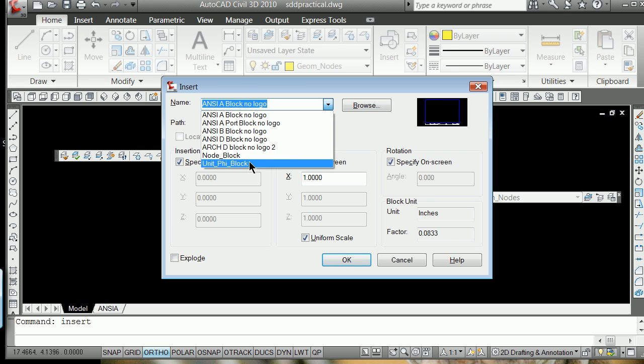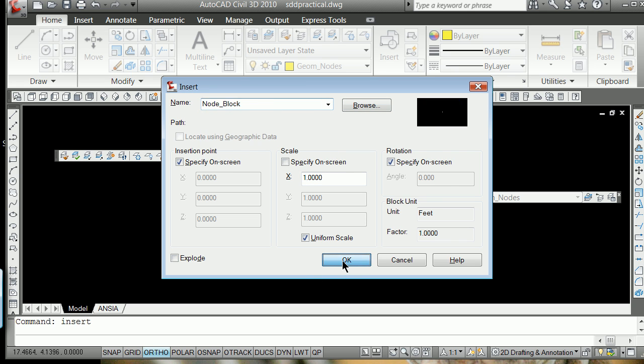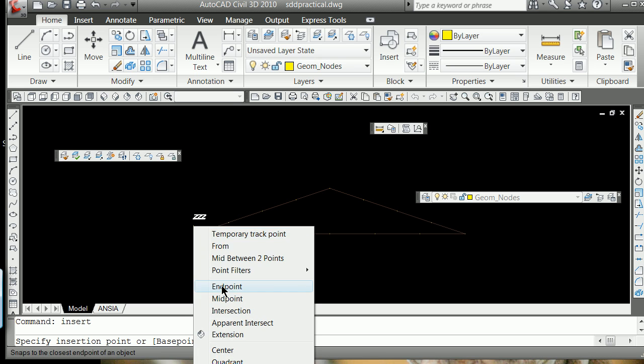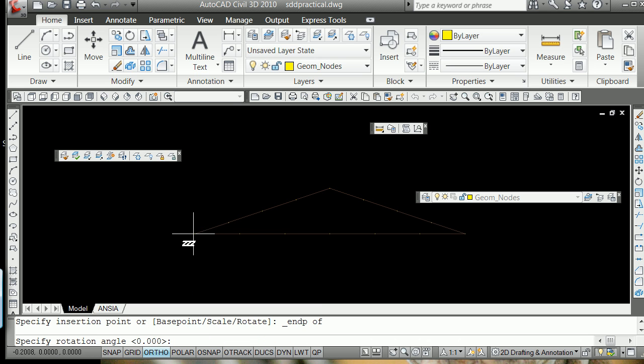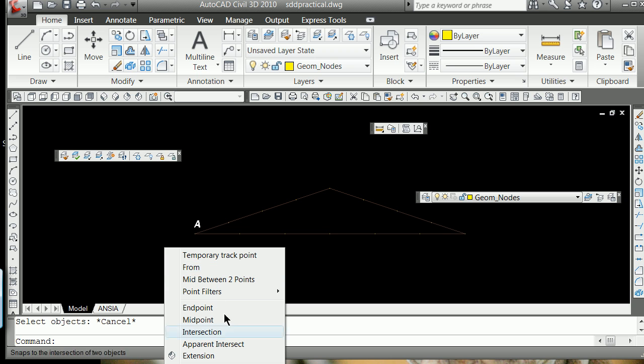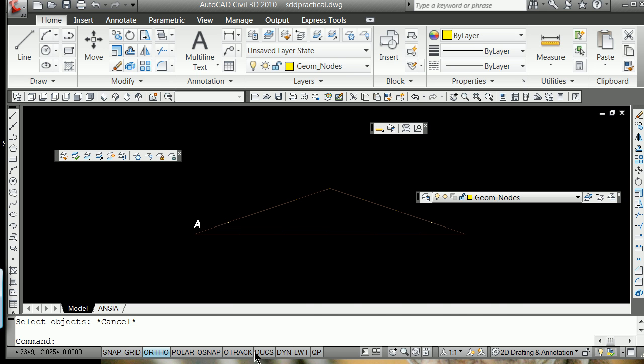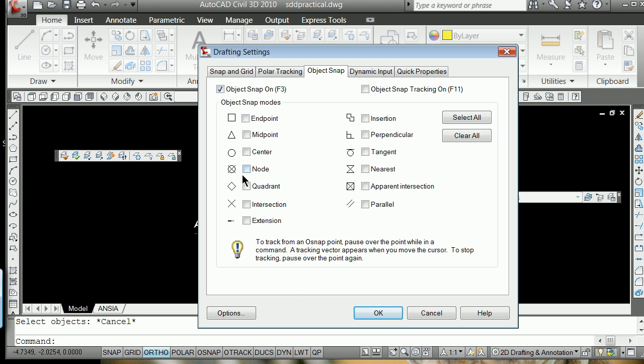Go ahead and do the node block, and I'm going to tell it I want to start with my node block at the end point there, and my rotation angle there. I'm going to call that A. Now I can go ahead and copy this all the way around the pike, and then DDATTE is what I'm going to use. At that point, it'd be nice to Shift right click, Object Snap Settings, and set them up to be just the node,